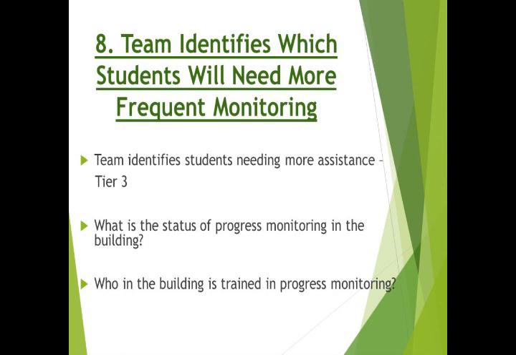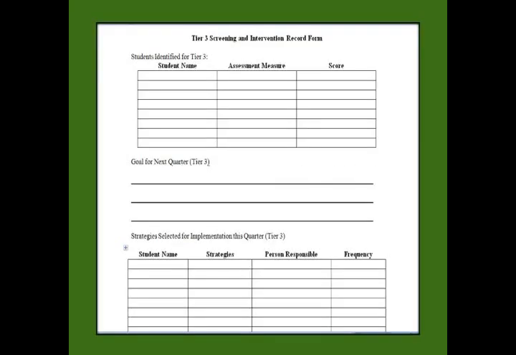Once we finish with our Tier 2 students, we're going to move on to Tier 3. Again, identifying those students that need even more assistance. What's the status of progress monitoring for these students, and who in the building is trained? Again, our Tier 3 students will be identified by name, the assessment measure that they were deficient in, and their score. We will also set a goal for the next quarter,